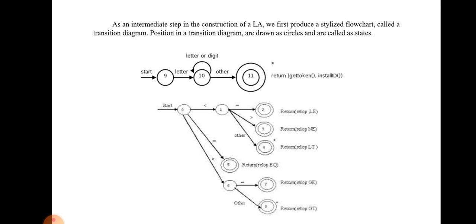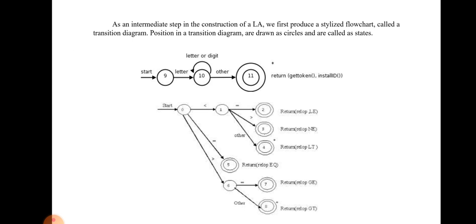So here from state 9 to 10, the symbol is letter, and state 10 has a self loop, which is letter or digit, because letter or digit occurs zero or more times, which means it can or cannot be present. So it is represented by a self loop, and the identifier can be followed by anything. So the transition from state 10 to 11 is represented by other. This is the transition diagram for an identifier. So we can easily draw the transition diagram for anything. The diagram below is an example for the relational operator. In the first state 0, the next state is 1, another state is 2.